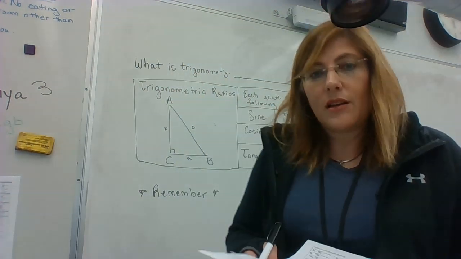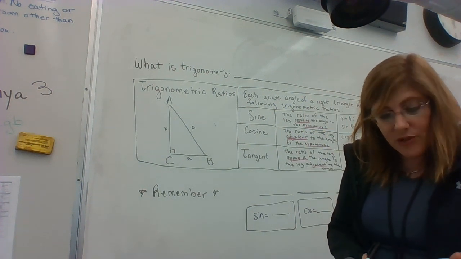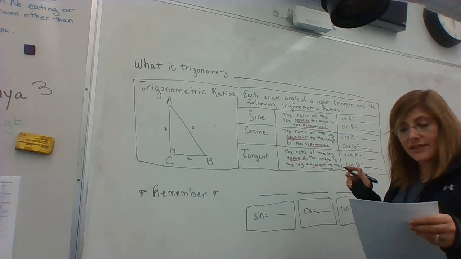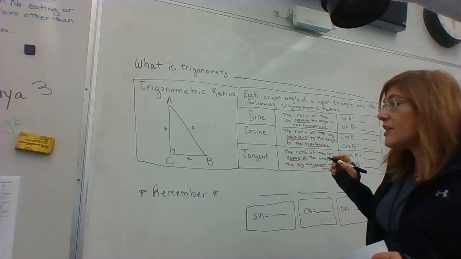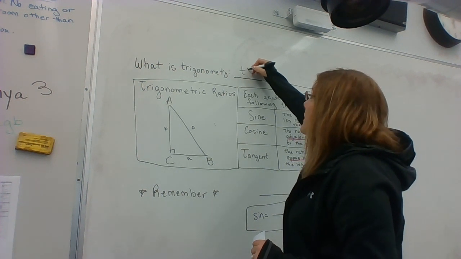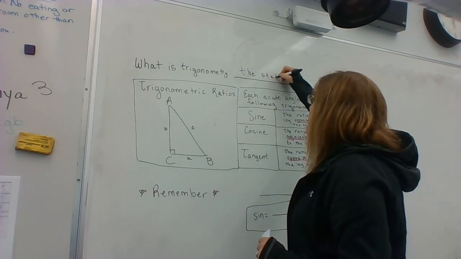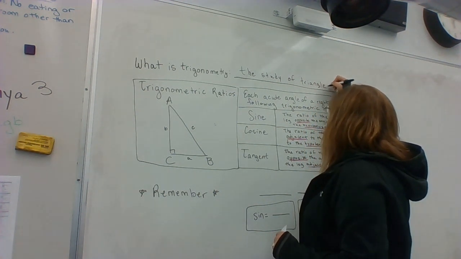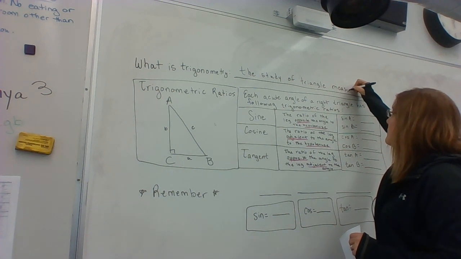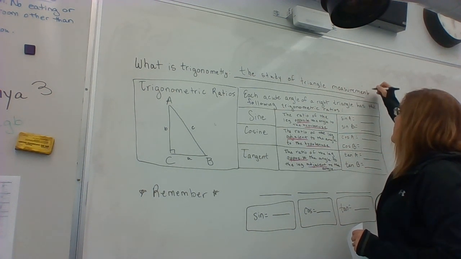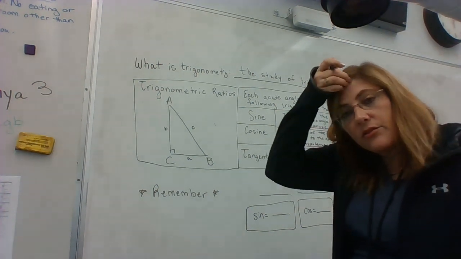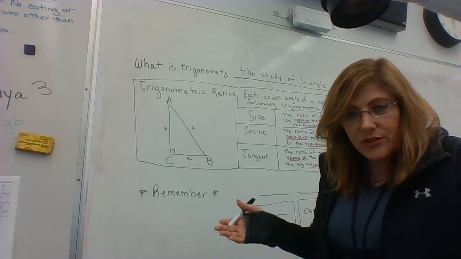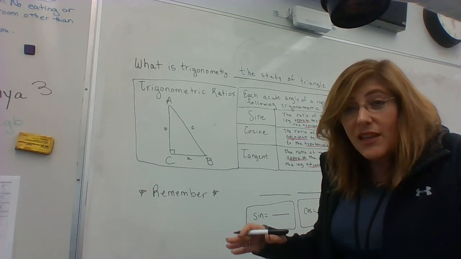So let's go over what trigonometry is. Trigonometry is the study of triangle measurement. So up here, I'm going to write the study of triangle measurement. Trigonometry is largely used to find missing sides of triangles and missing angles of triangles when you're given some information